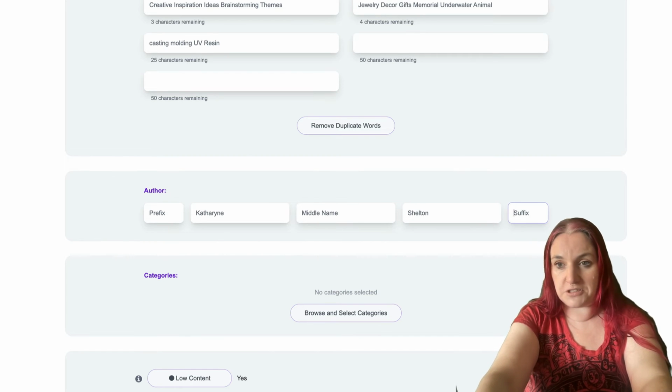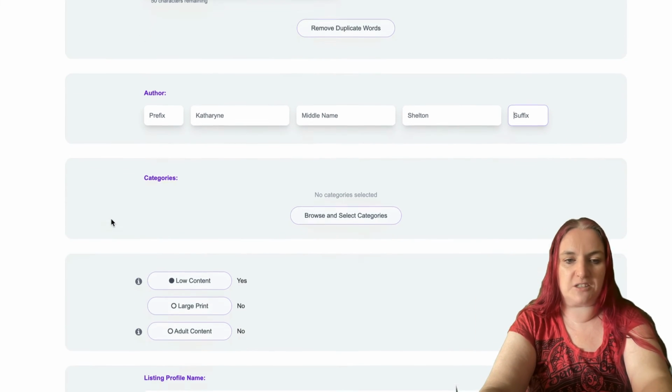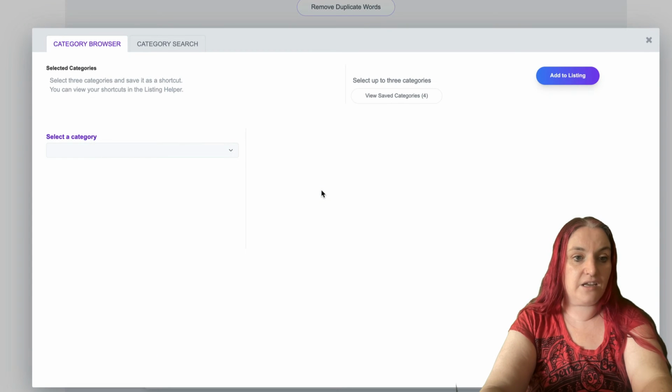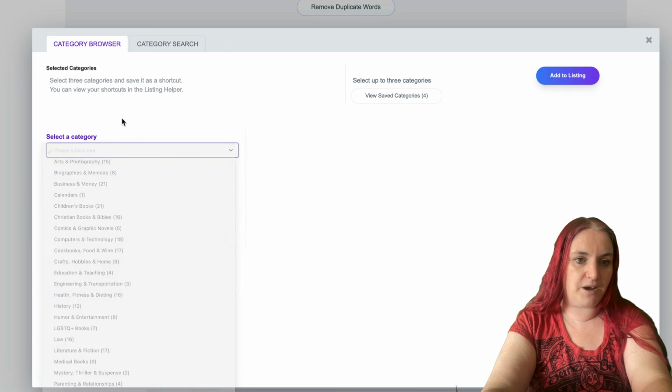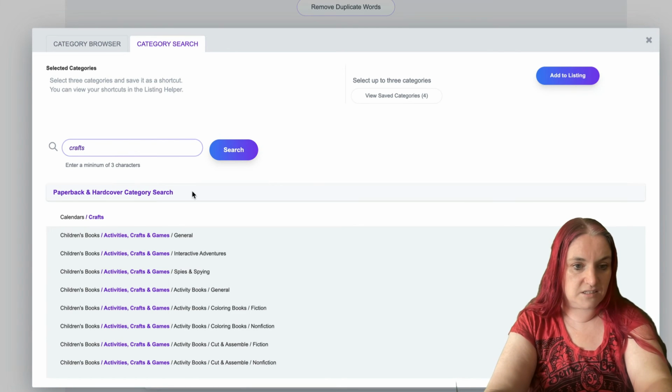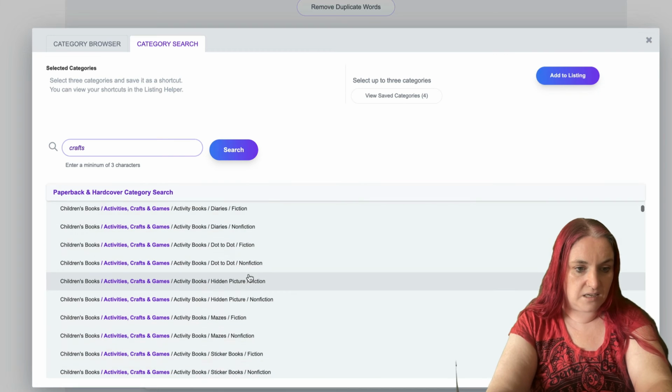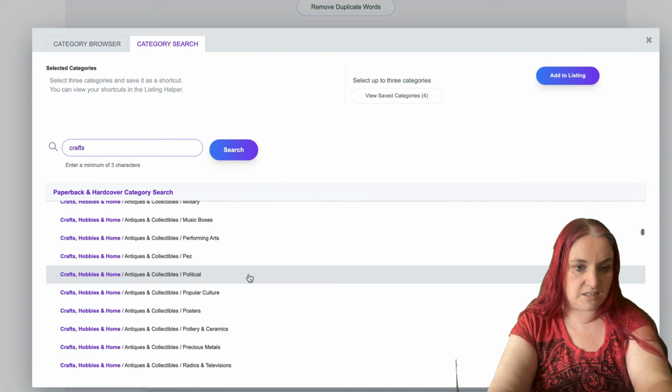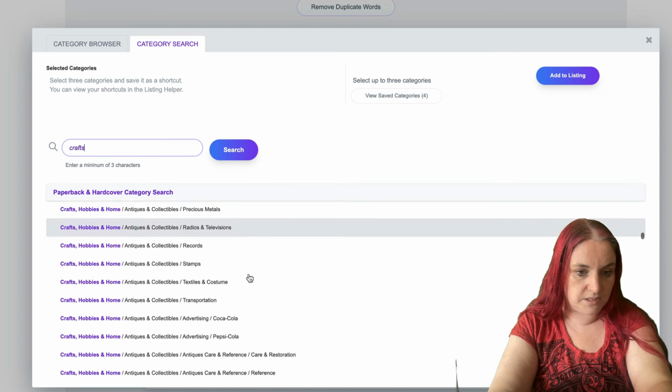You're probably going to want to use a pen name if you're doing something like this, but I'll just use my name for now. And then you're going to want to go and find your categories. So this is the fun part. We can use the category search and look for crafts. So there we go. You can see there's a lot of crafts in here. So let's take a look. We can do